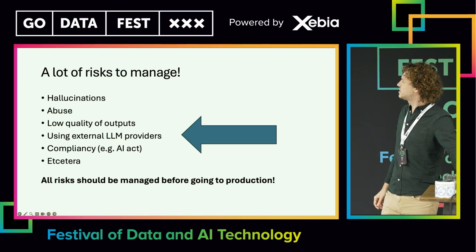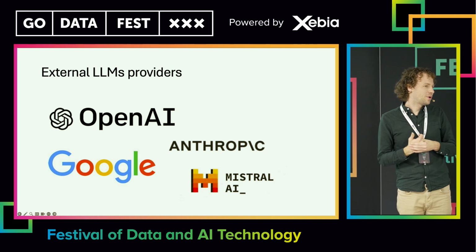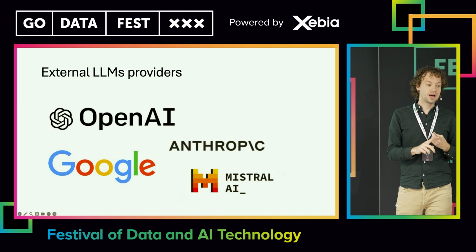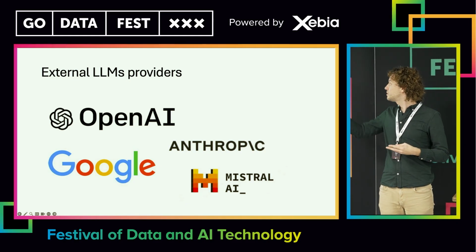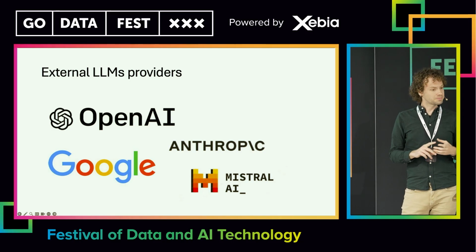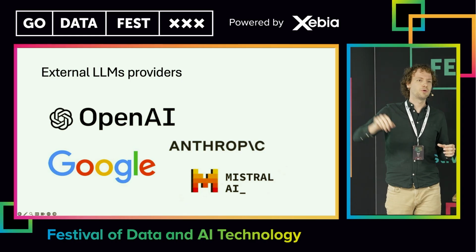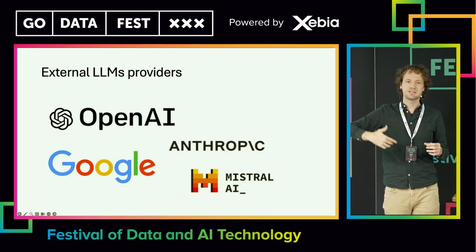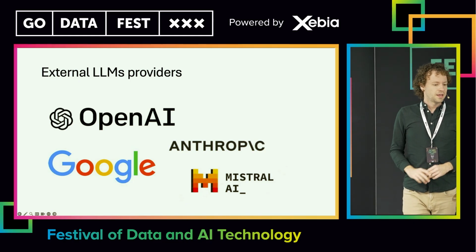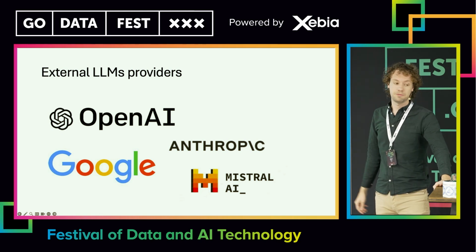So let's take a look at these external LLM providers. What is an external LLM provider? Well, I think most of you already worked with one. It's OpenAI, it's Claude from Anthropic, it's Gemini from Google, we have Mistral. These are all LLM providers that are somewhere else. We also see them as a black box. It's just the API call. You send it, you get something back. But what's happening over there in their systems, you have no clue. And also, most of these providers are not located in Europe, except for Mistral, of course.